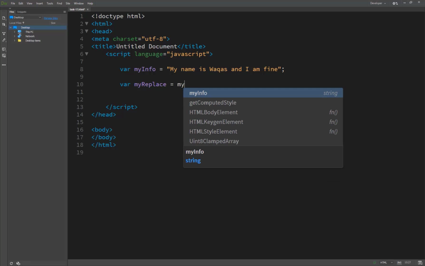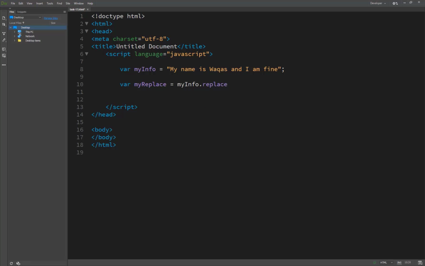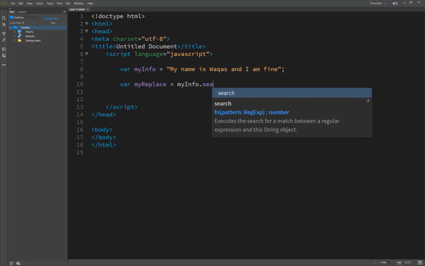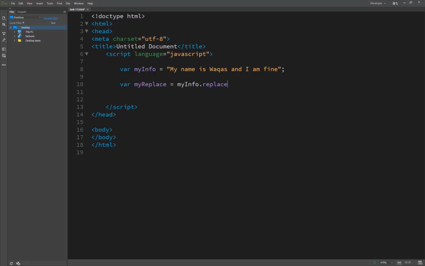So we write here myInfo.replace. In the previous lecture we used search, but we are not using search here because we are replacing this text. Inside it we pass two values.